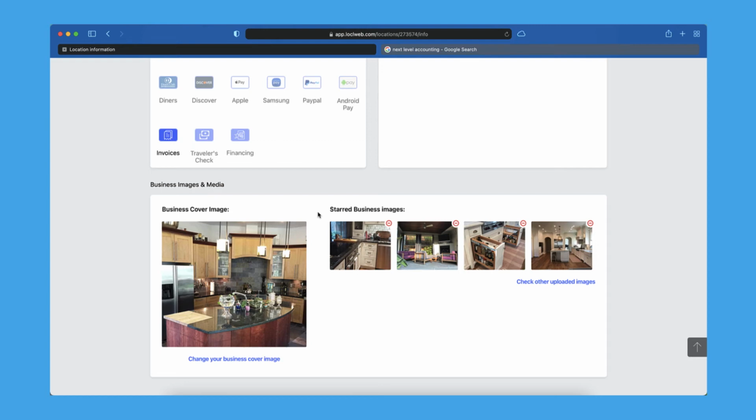and a residential garage door, or maybe a basic metal garage door and then a fancier wood garage door, things like that. So something that really shows the differentiation in your work, not the same thing over and over. That's not going to help you and it could harm you. So you can upload a bunch of images in here, but you can only select 4 to be shared on your stuff. So make sure you choose the best 4.